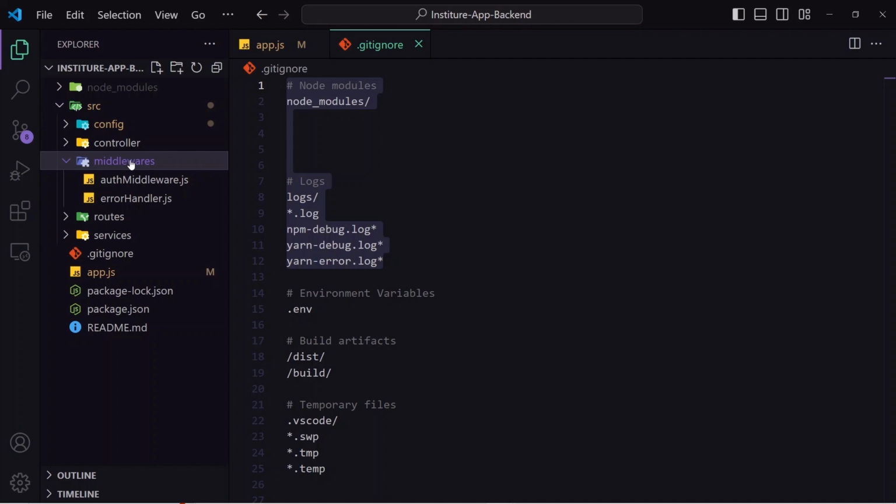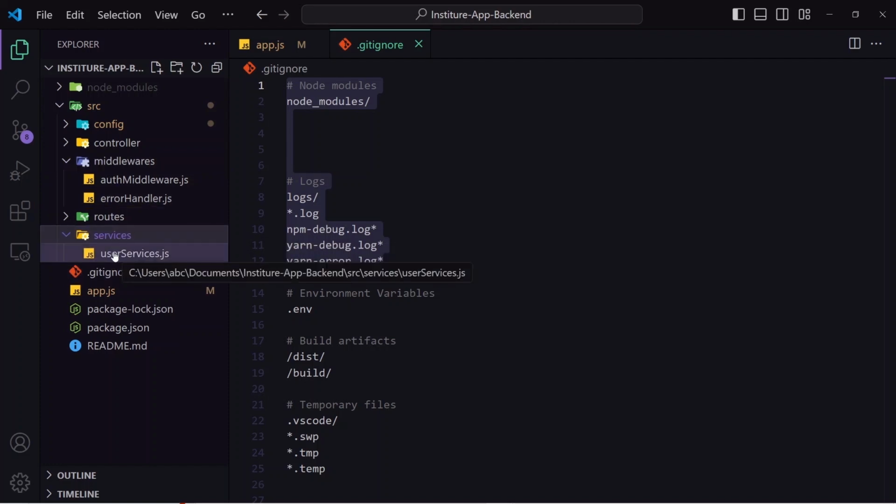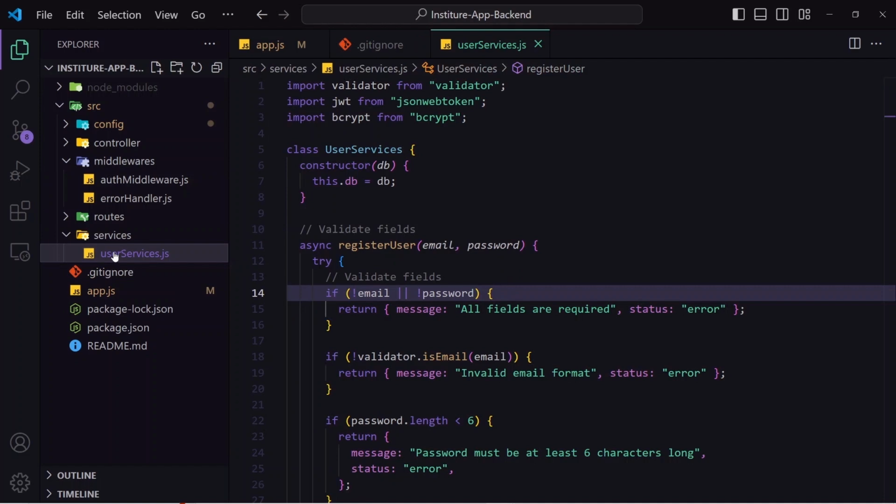Now let's move on to the second folder, which is the services folder. In the services folder, we will place our core business logic of the application. Instead of putting all the logic in our controller, we will move our main business logic to the services file. Now you might be thinking, why add this extra layer? Why create a new folder to keep the business logic which we are already keeping in controller? Let me give you the answer.